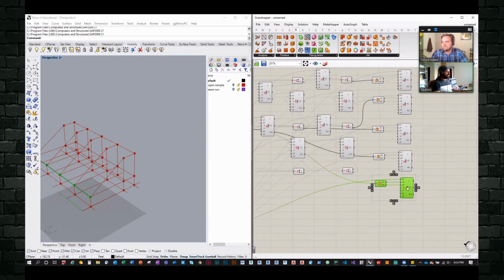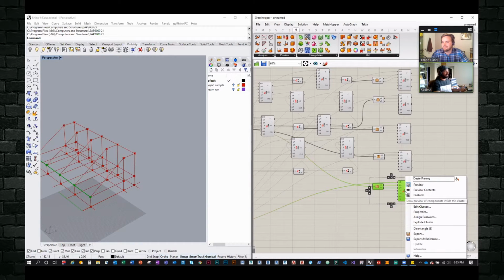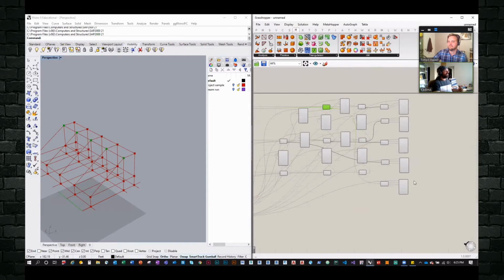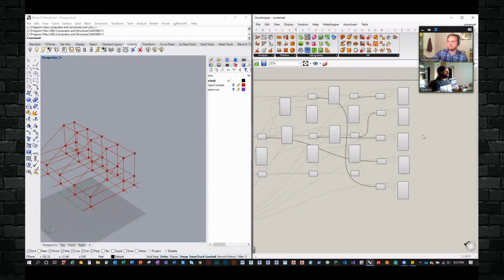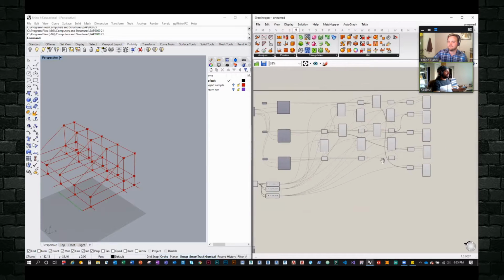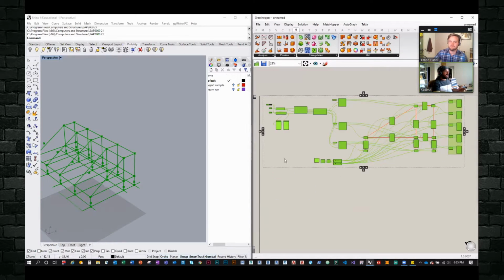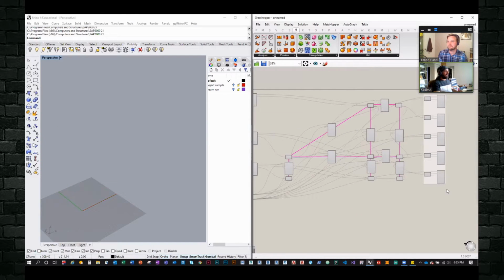And also, if we were to explode all these clusters, you can, by the way, just right click and say explode. Really try not to do that if I were you. You could see how messy this script can be. So this is where I took a little bit of time earlier and reorganized it and laid it out along this structure.